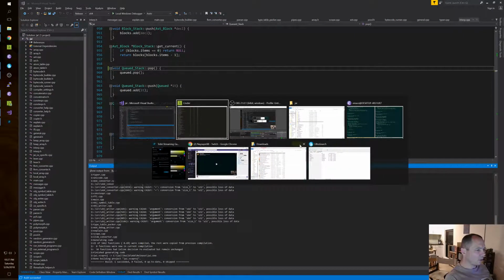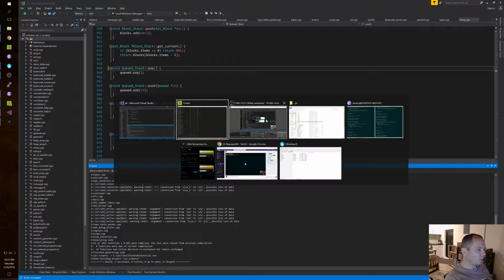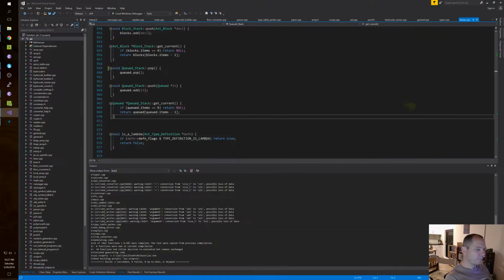Let's close these unnecessary windows. Okay. Next, let's debug this push debug expression thing that I saw. Right.